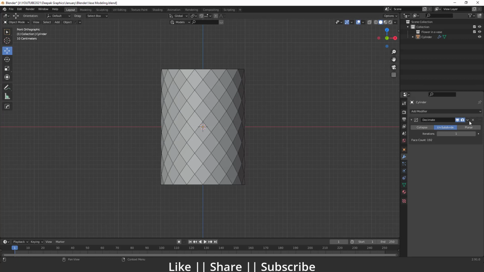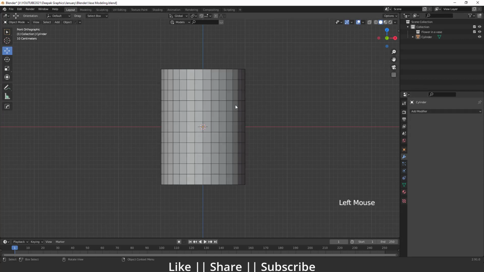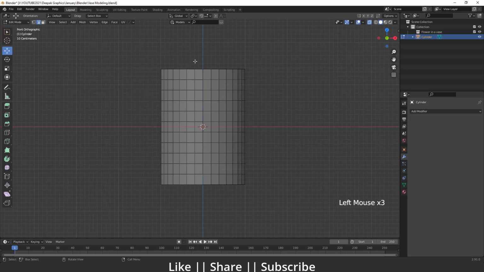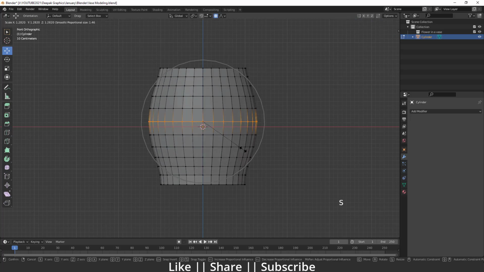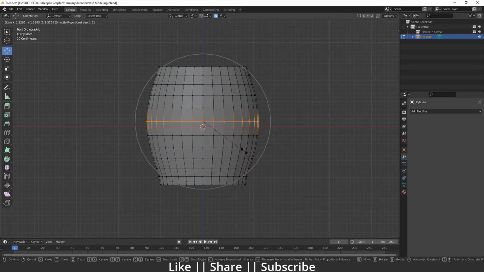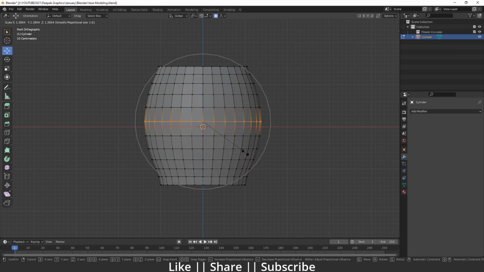But before doing this I'm just going to cross this first of all, then I'm going into edit mode of this cylinder. Then I'm just going to enable my X-ray view, and then select the middle faces of this cylinder, and then enable my proportional editing from here. O is the shortcut key of this tool. Then I'm just going to press S for scale, and here you can see we have a perfect scale. So I'm just going to increase the radius of this proportional editing a little bit, something like that, and that looks great to me.